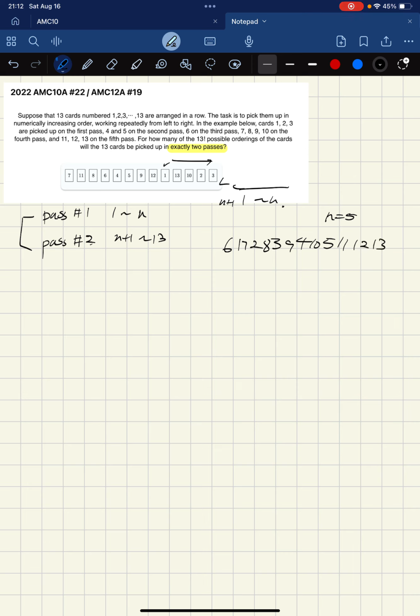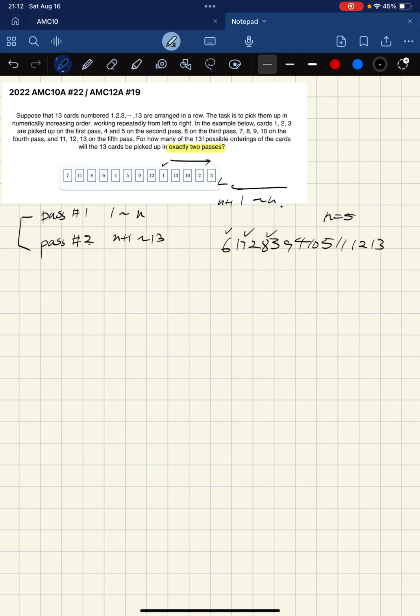And on our second pass, we're gonna pick 6, 7, 8, 9, 10, 11, 12, 13. So that's only 2 passes, but we manage to pick 13 numbers, all of the cards. So